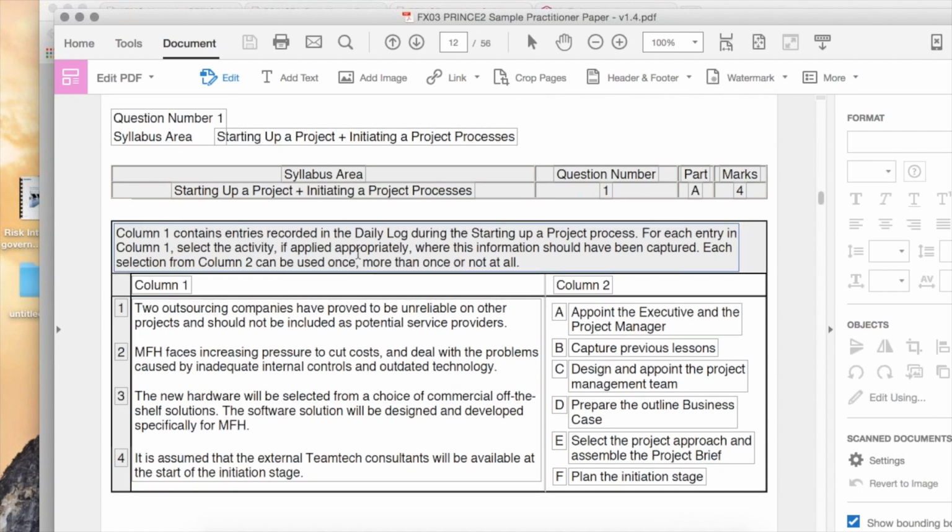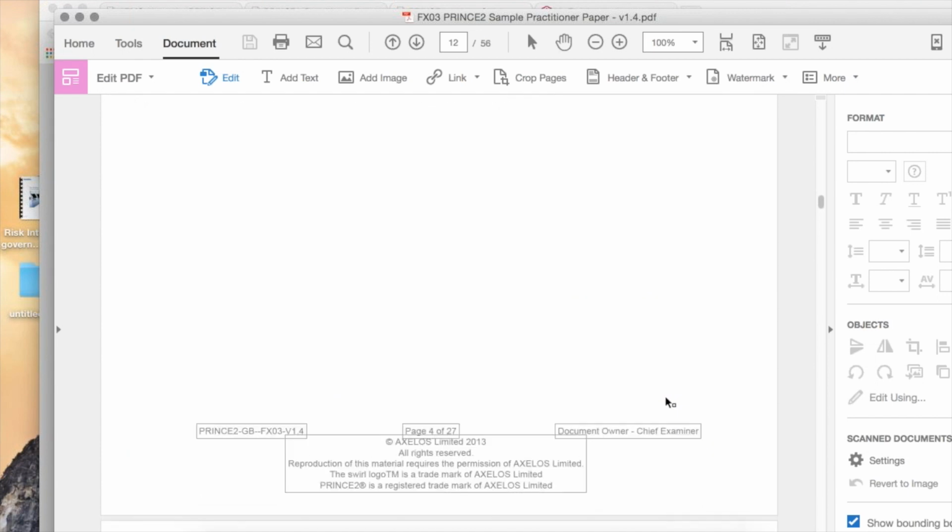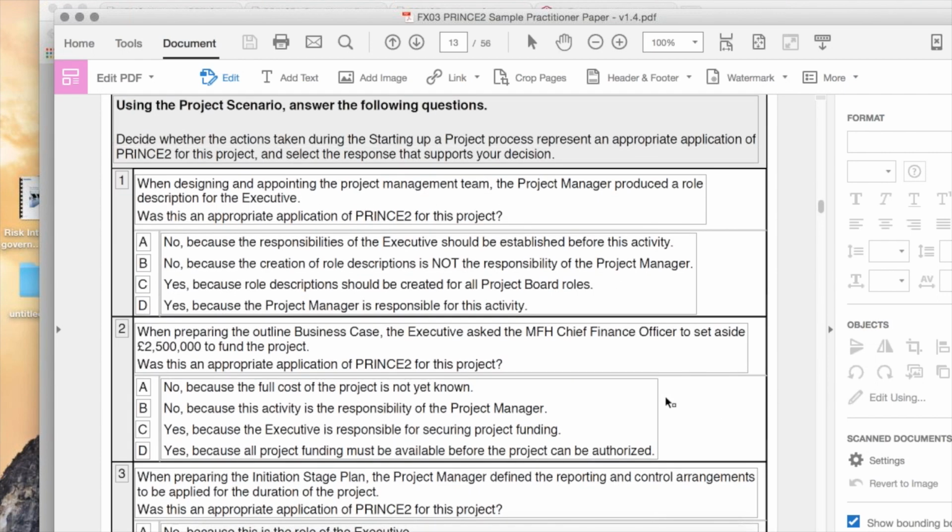Column 1 contains records recorded in the daily log. Each entry in column 1, select an activity in column 2. So 2 outsourcing companies have proved to be unreliable on other projects and should be included. What does that actually match with? So this is clearly a matching question. Likewise, you're going here,